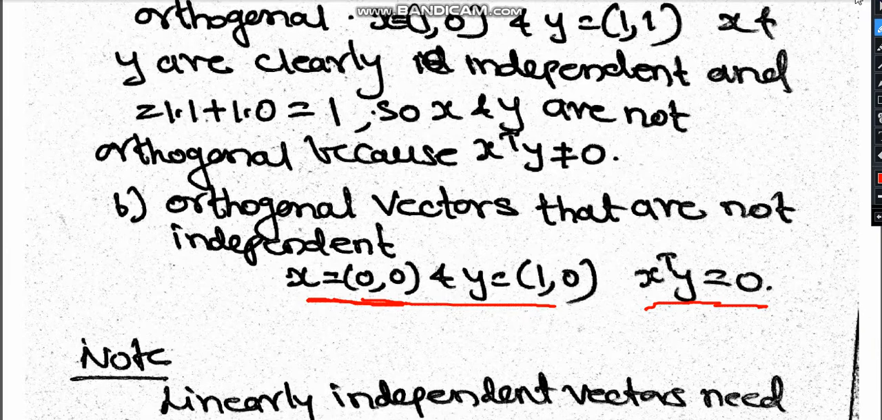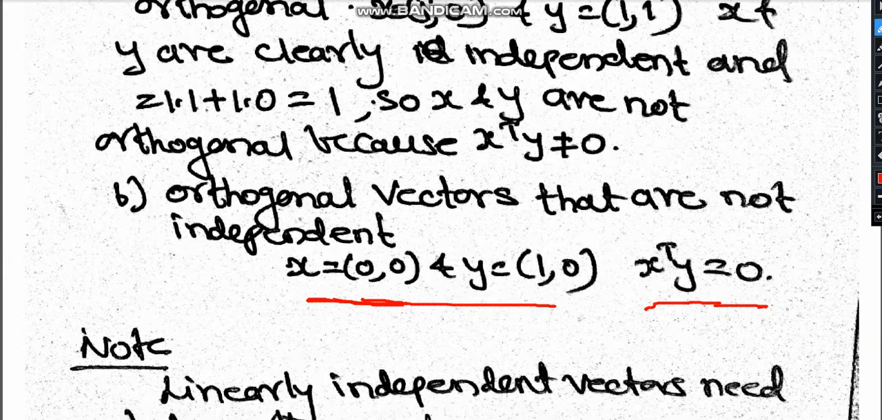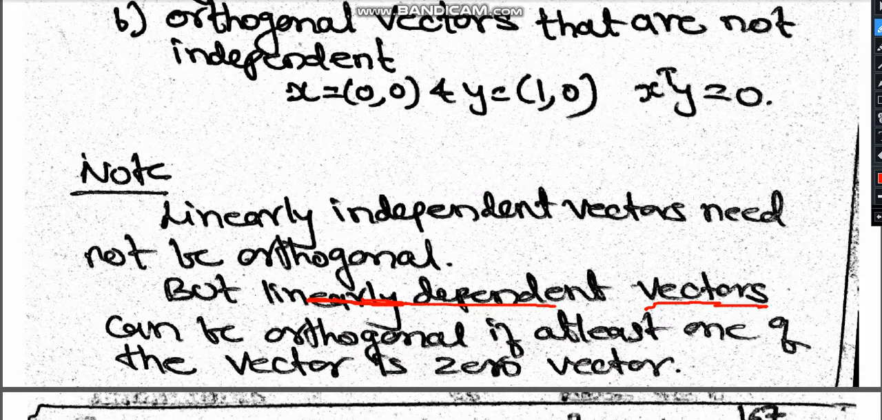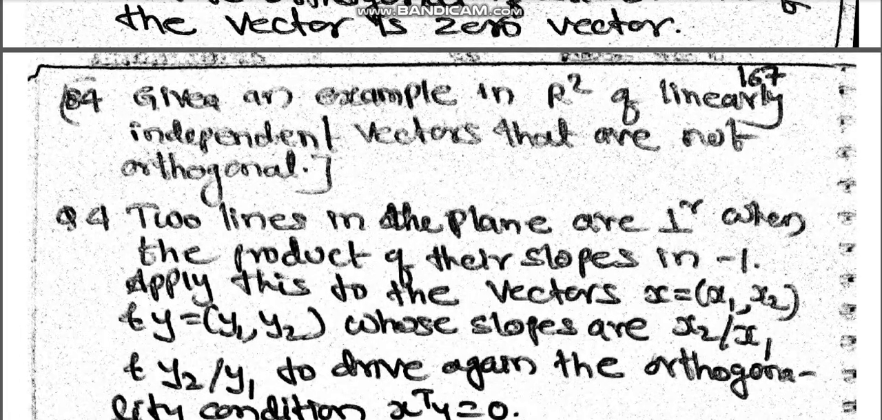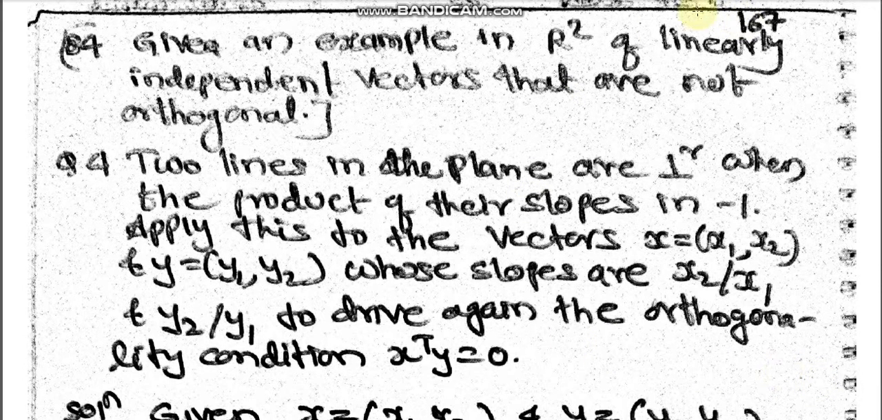Next example, if I look into the other example. So here also the same type of problem is asked. You have R square and linearly independent vectors that are not orthogonal. That already we have seen. So here a different